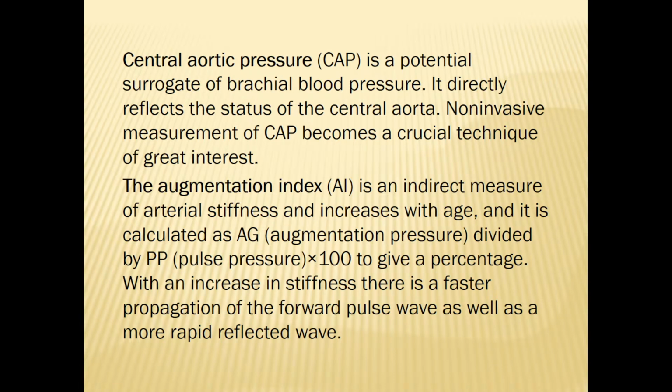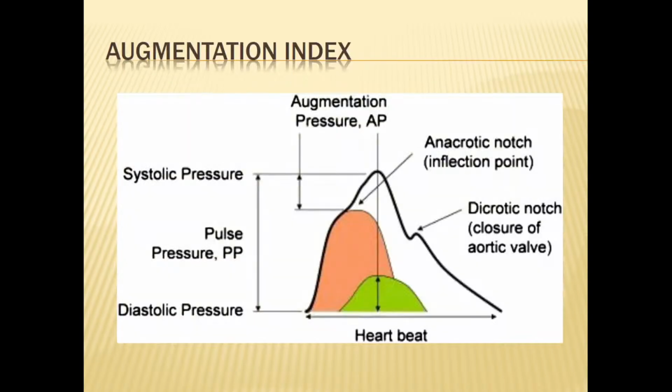It is calculated as augmentation pressure divided by pulse pressure and multiplied by 100 to give a percentage. With an increase in stiffness, there is faster propagation of the forward pulse wave as well as a more rapid reflected wave. So the augmentation index is